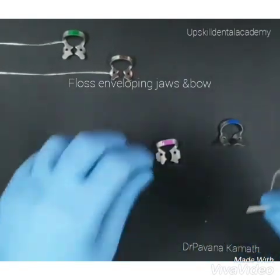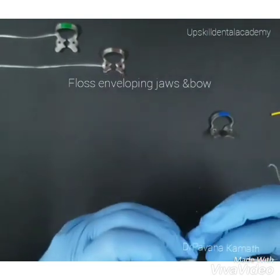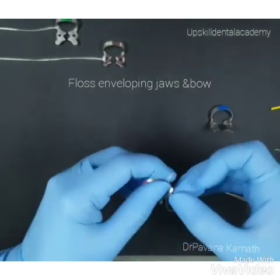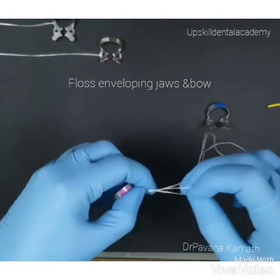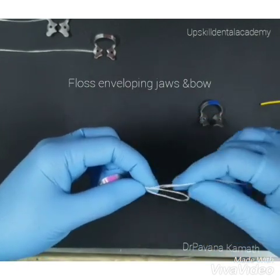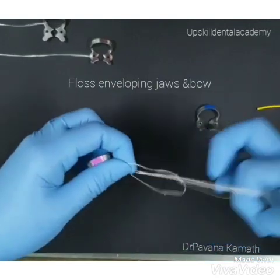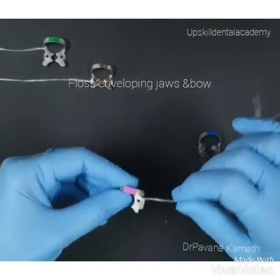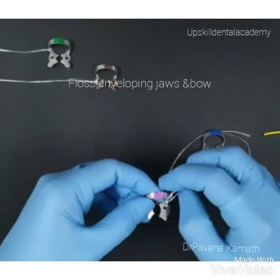When we do this in the first method, as you can see, the first knot is always tied on the jaw which is placed lingually. So we secure a knot after folding the floss. Once we secure a knot, we gently slide it closer to the bow. Yes, it is closer to the bow, and now we envelop the free end of the floss around the bow,